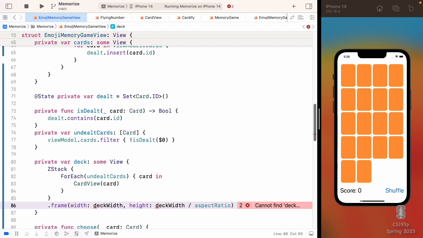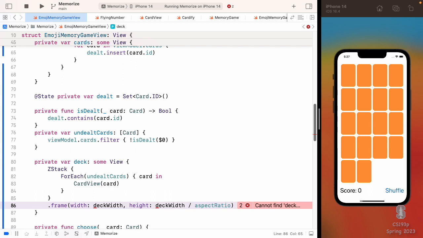But there are other things you can do with frame. Frame is one I want you to go in the documentation and look at. For example, you can specify the minimum width you want, or the maximum width and height. So there's other things you can do in frame besides just specifically picking one. Now, the reason I say it's easily abused is that look how we've been programming. We never pick the exact sizes of things. We just put them in VStacks and HStacks, and they just lay themselves out, AspectVGrids and all that. The only time we ever picked a size was when we picked the size here that fit this space. And even then, we used a GeometryReader to see, well, how much space do I have? And then I divided it up. So even then, I was kind of reacting to how much space I was given.